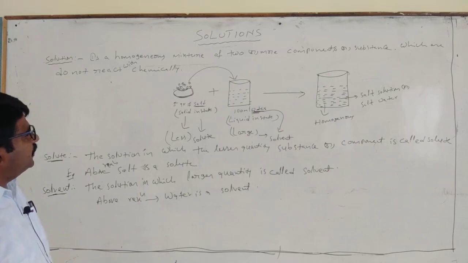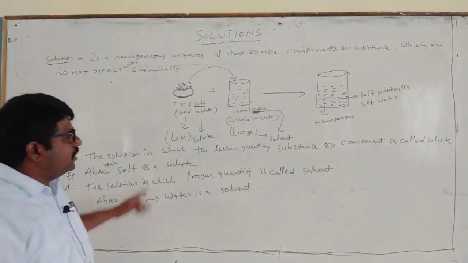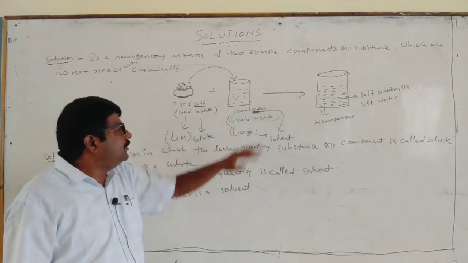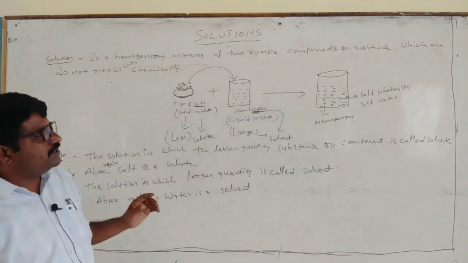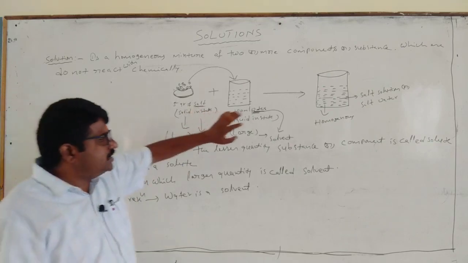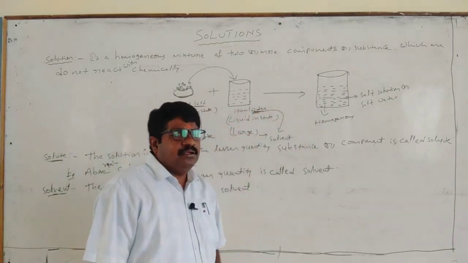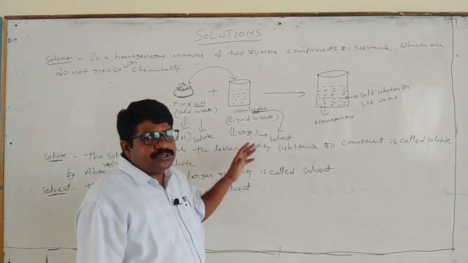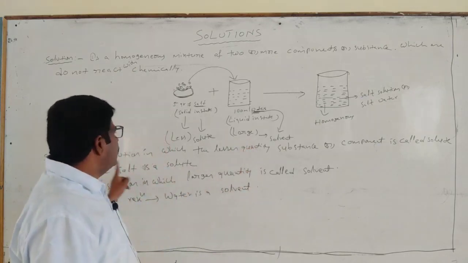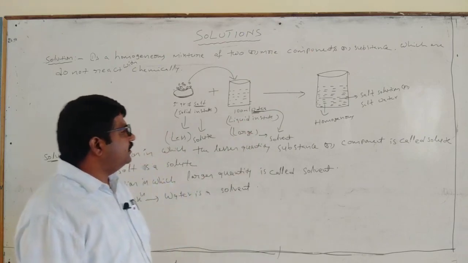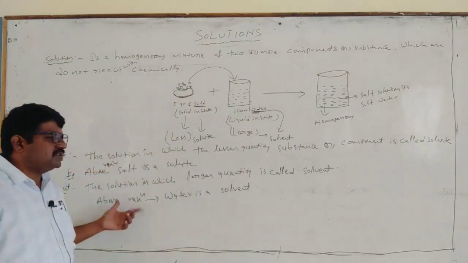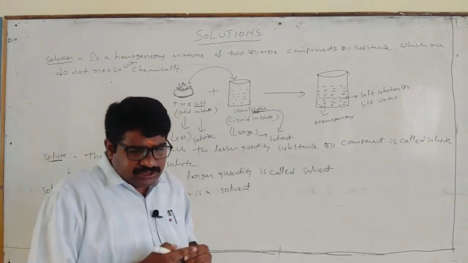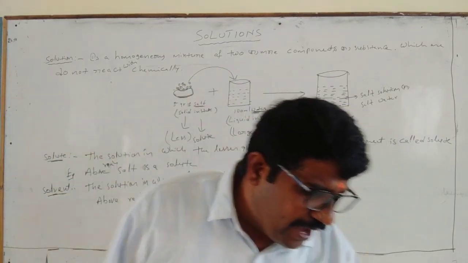Right. So if we take 5 grams of salt dissolved in 100 ml water, it gives us salt solution. The salt solution is nothing but a solution which has two components. One is salt and another one is water. Salt is in less proportion, that is why it is called solute. Water is a large quantity, that is why it is called what? Solvent. So this is the solute and solvent.